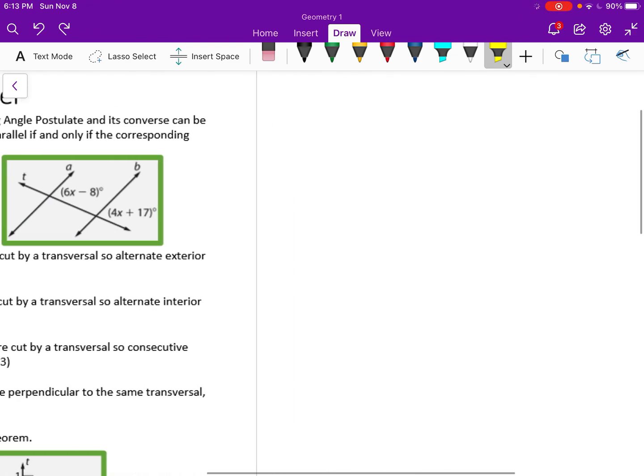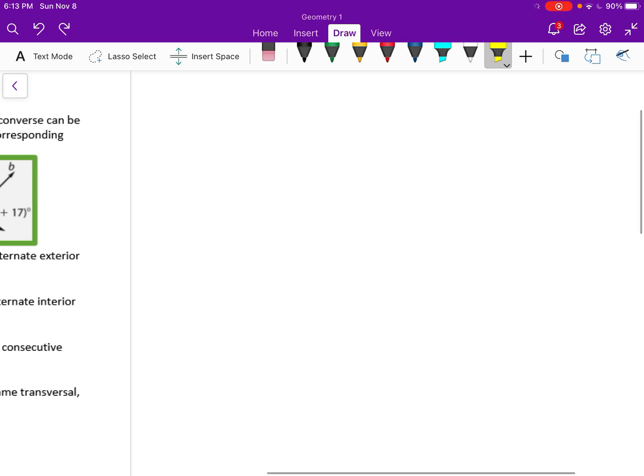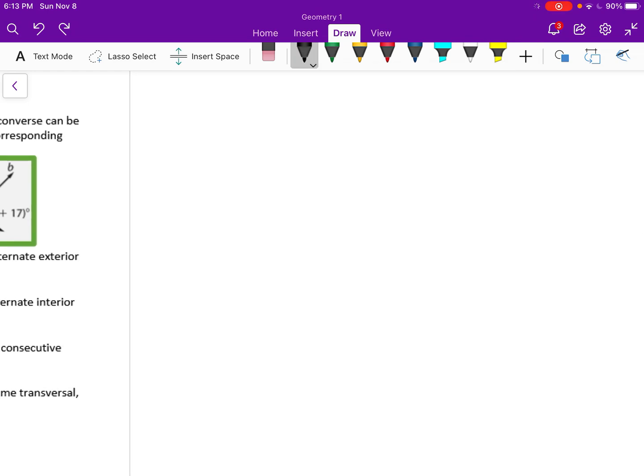In the previous lesson, we talked about parallel lines. We actually first just talked about any two lines cut by a transversal. They don't have to be parallel, and we had a lot of different angle pairs. And we're going to be discussing those angle pairs today. But last class when we discussed this,